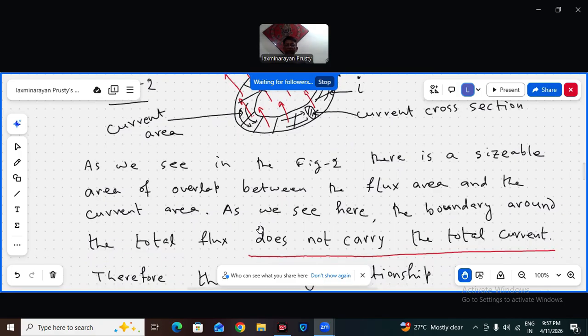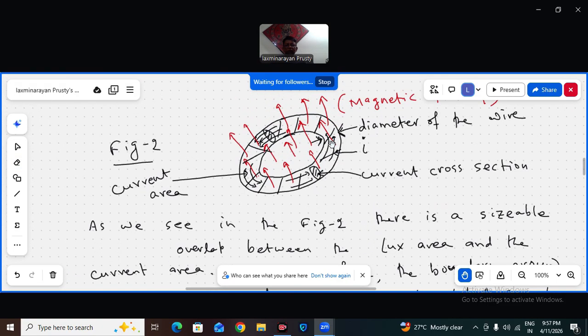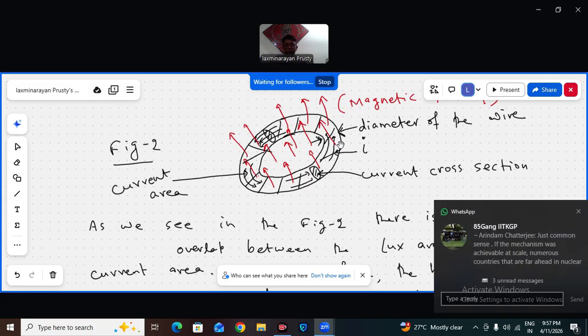Okay. So there is a sizable overlap between the flux area and the current area. As you see here, the boundary around the total flux will be throughout the inside as well as in the thickness of the wire. Also the flux will be there. So total flux